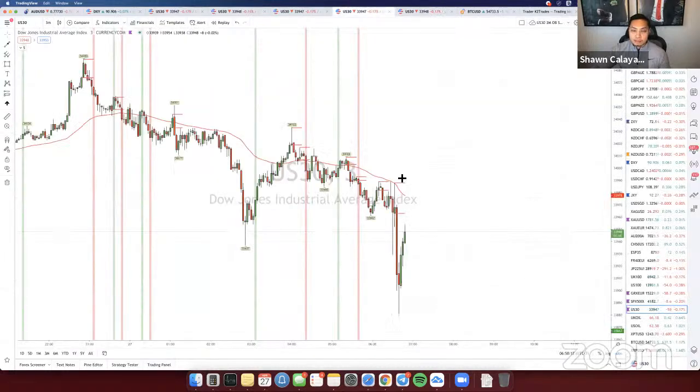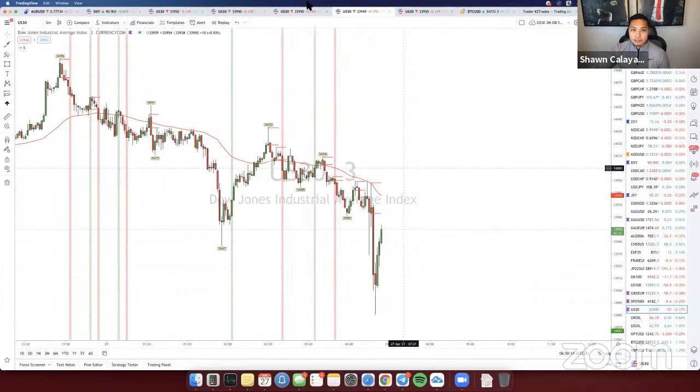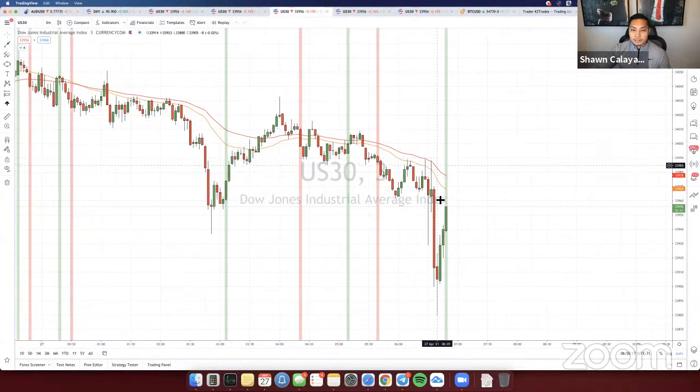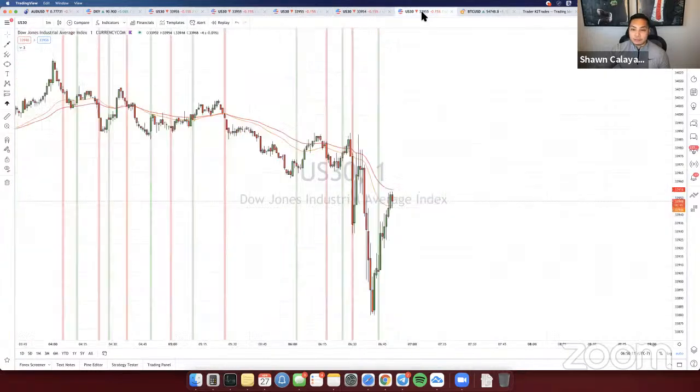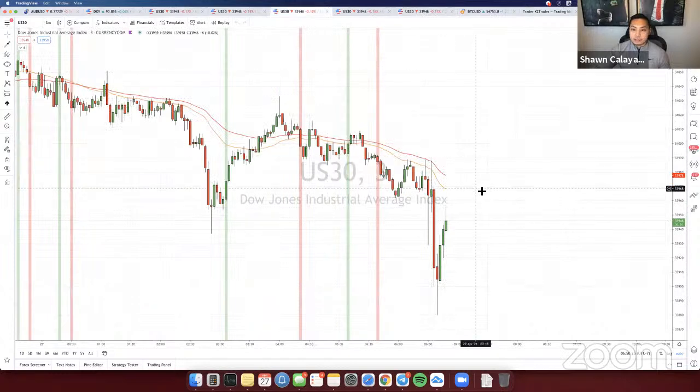Reason for that is because it's still in a downtrend, right? Look at the 3 minute right here. It's in a downtrend. This is using the order blocks. This is a 3 minute with the pivots. It's still coming down as well. But we want to wait for that confirmation. You don't want to just hop in right away. You want to make sure that you confirm that it's going to continue dropping before you enter that sell, because you don't want to end up on the wrong side of the market, right?